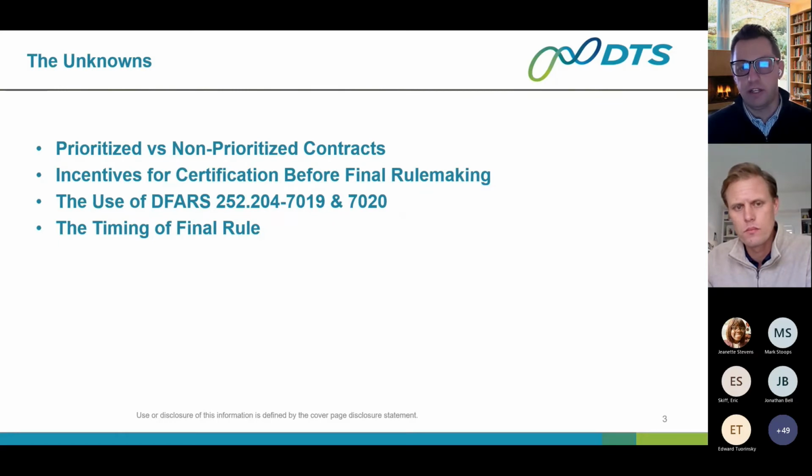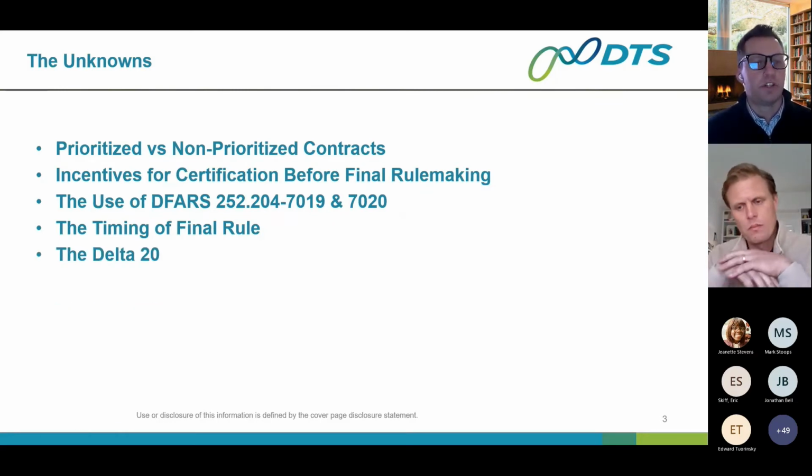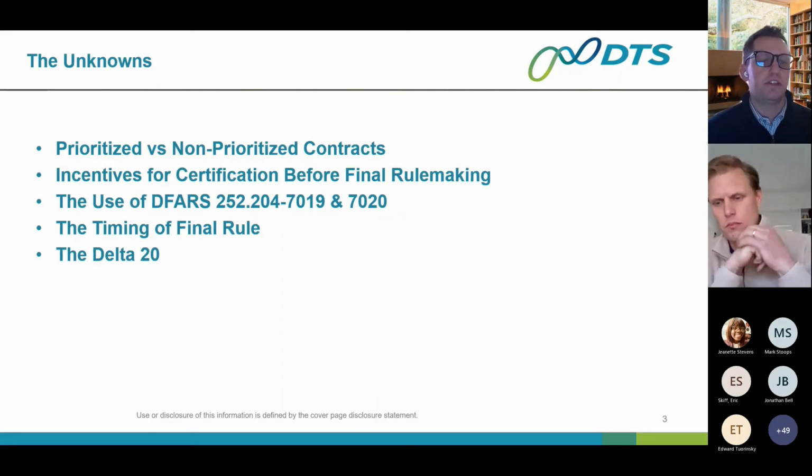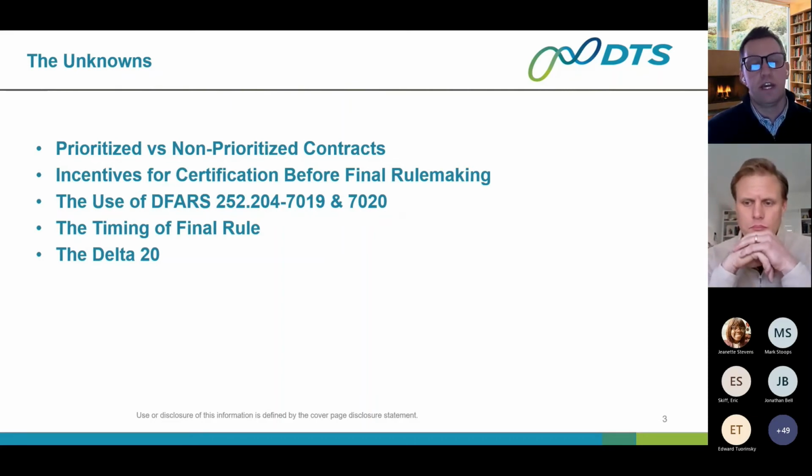Because it's mapped directly to NIST 800-171 now, and 800-171 is currently in revision 2, NIST is in control of that framework, and they can make adjustments to it. I've been reading that they are actively working on revision 3 for NIST 800-171, and the DoD is involved. It would make a lot of sense that DoD would try to get those practices and processes, the Delta 20,